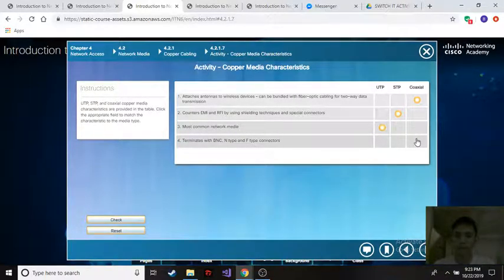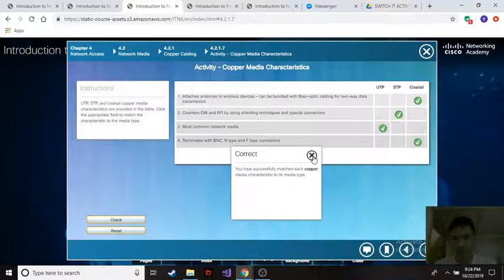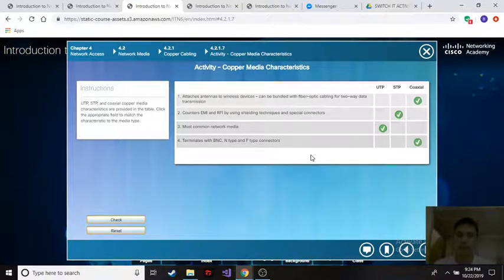And then lastly, terminate with BNC, N-type, and F-type connectors. So it will fall under coaxial. So I think I got all the correct answers. So to prove it, let's check. So that's it. We got all the correct answers and we are done with activity number 2 for this chapter. So in the next activity,